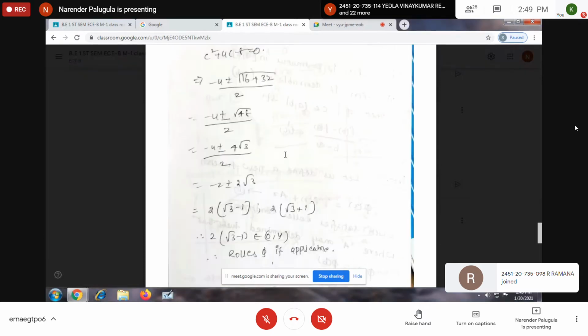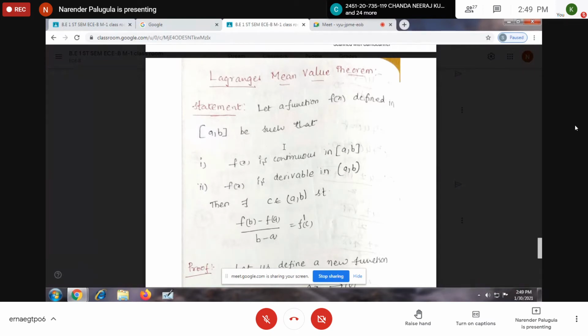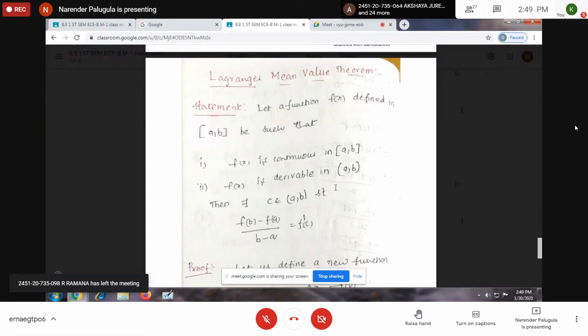According to Lagrange's mean value theorem, the function has to satisfy two conditions. In Rolle's theorem, the function has to satisfy three conditions: continuity, differentiability, and equality. But in Lagrange's mean value theorem, the function has to satisfy only two conditions. The function should be continuous in the closed interval [a, b]. The function should be differentiable in the open interval (a, b). Then there exists a point c, at least one point, it may be more than one, but at least one point in the same interval (a, b), such that